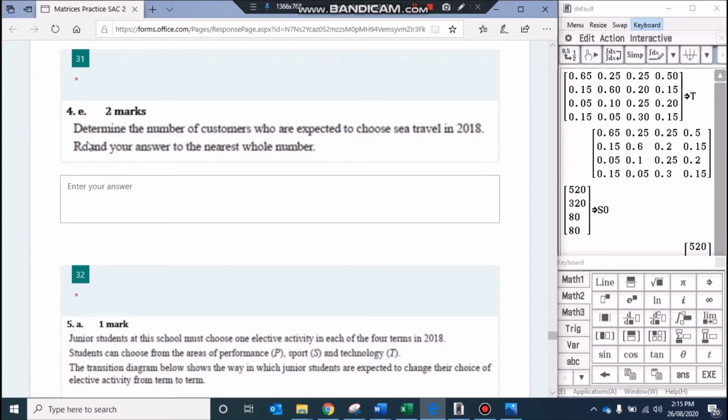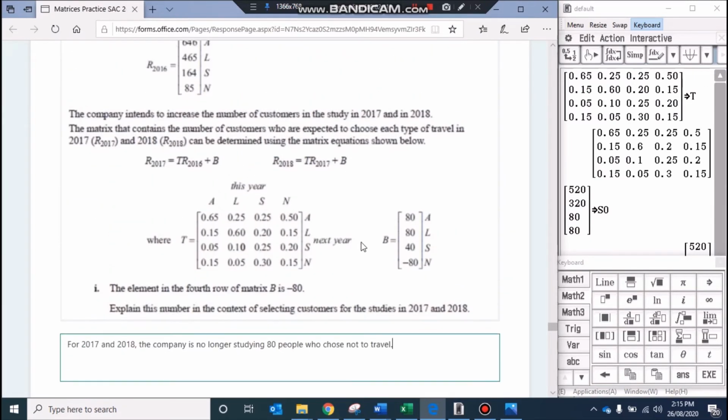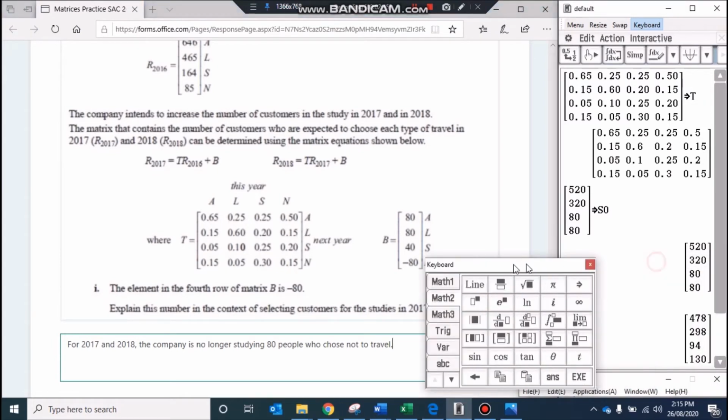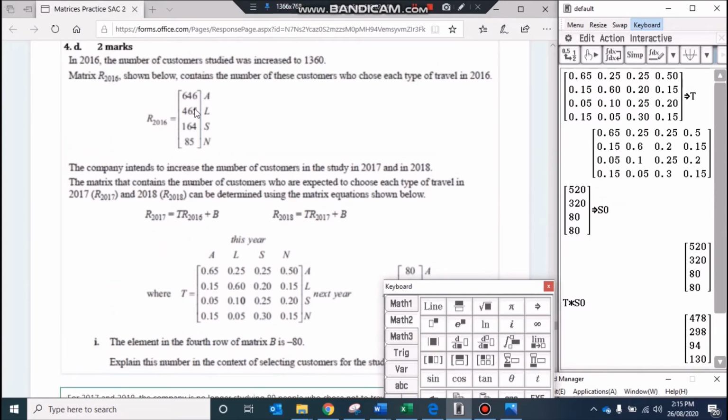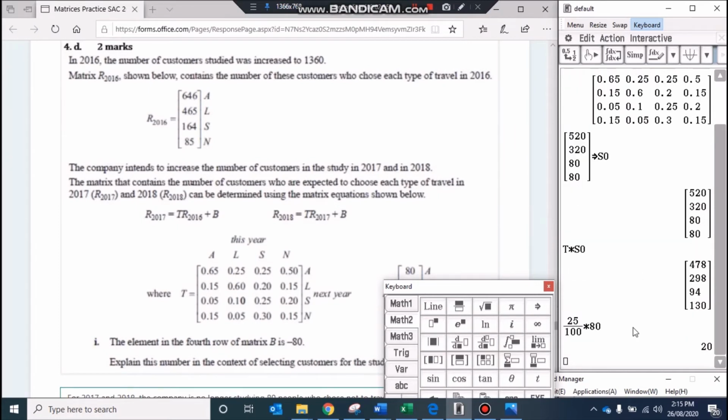4E is determine the number of customers who are expected to choose C travel in 2018. So we're going to have to use these recurrence relations. So we've already got T defined in here. What I will need to do is we're no longer using this initial state matrix. We're using this 2016 one. So what I might do is